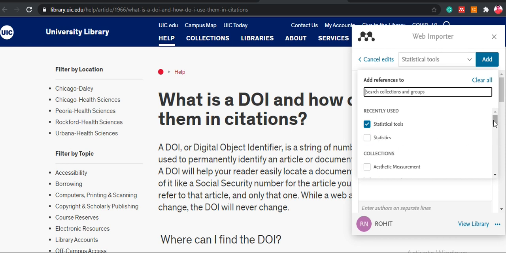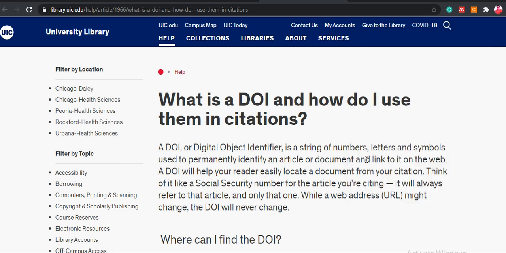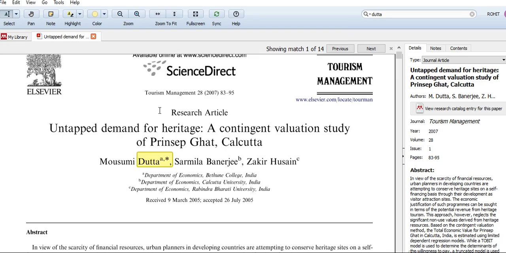You can make folders in Mendeley and then you can save it. These same folders will be reflected here. Once you say add, it will add it to the database on the web. So it will add the data to the web, and when you open Mendeley, it will download that data from the web to your local desktop version.